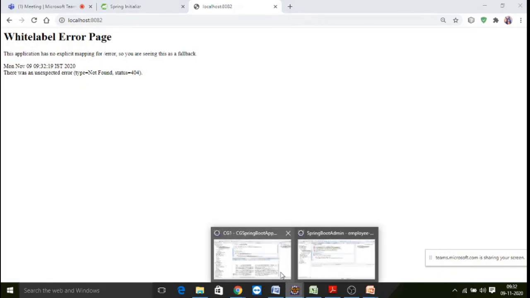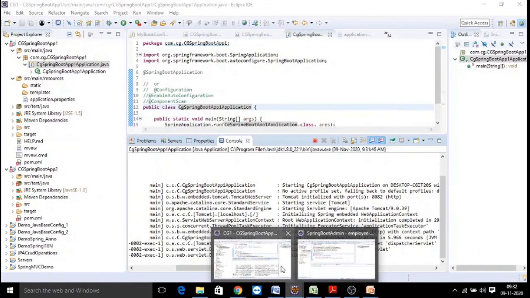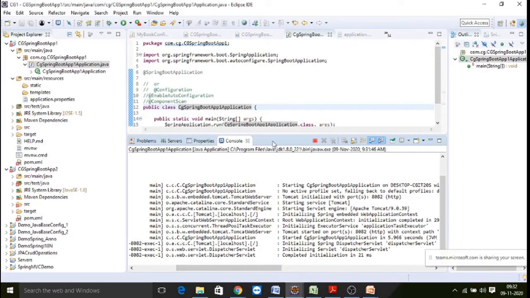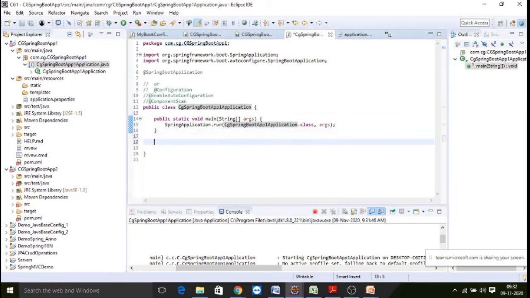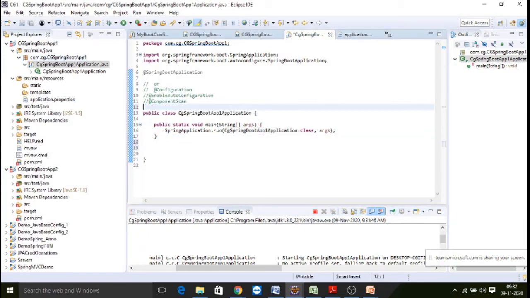So how do we display something on our server? In the same class you can also write a controller, or else we can write a separate class. I will show you 2 ways. One is in the same class, where I can say @RestController. Usually we will not combine like this.